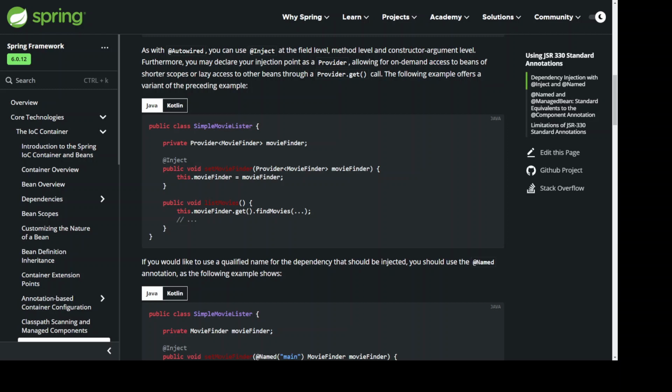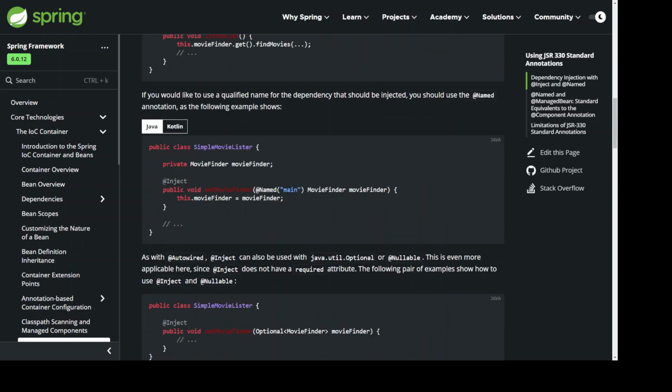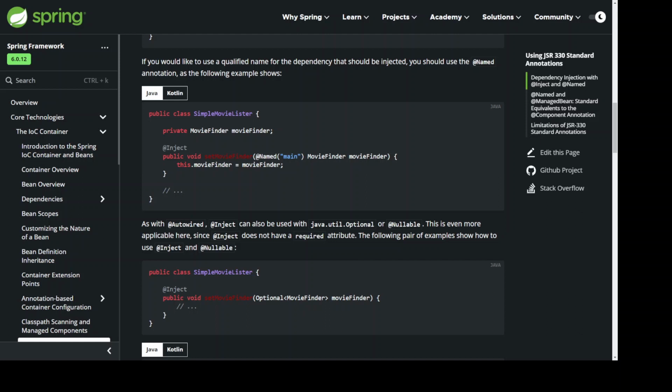If you would like to use a qualified name for the dependency that should be injected, you should use the @Named annotation, as the following example shows. import jakarta.inject.Inject; import jakarta.inject.Named; public class SimpleMovieLister { private MovieFinder movieFinder; @Inject public void setMovieFinder(@Named("main") MovieFinder movieFinder) { this.movieFinder = movieFinder; } }